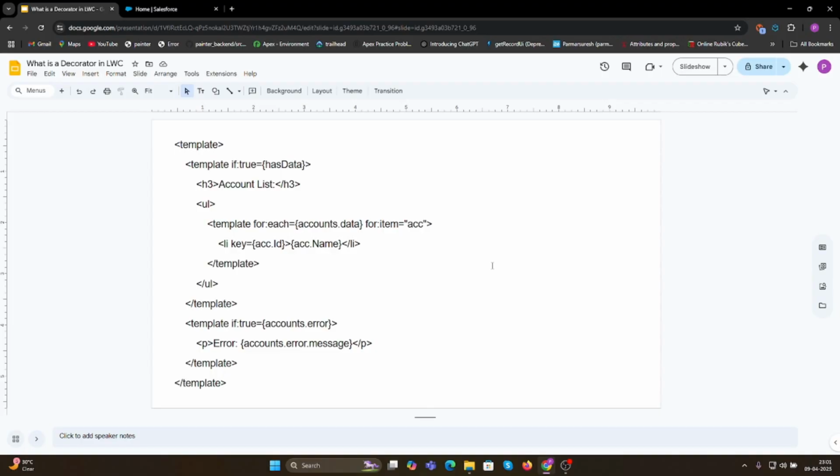In some cases our method will throw an error, which I have handled below in the code with account.error. The error has a message property. So whatever error is thrown, you can easily show it using the message and easily identify the problem in your code. So this is the way you can handle the message through error. So these are all three decorators in LWC to use. Now I will show the example of how